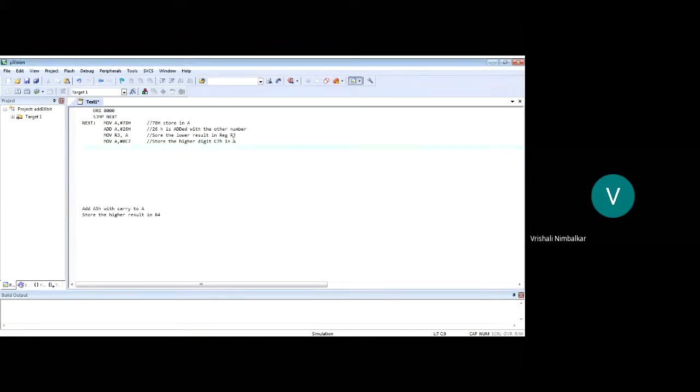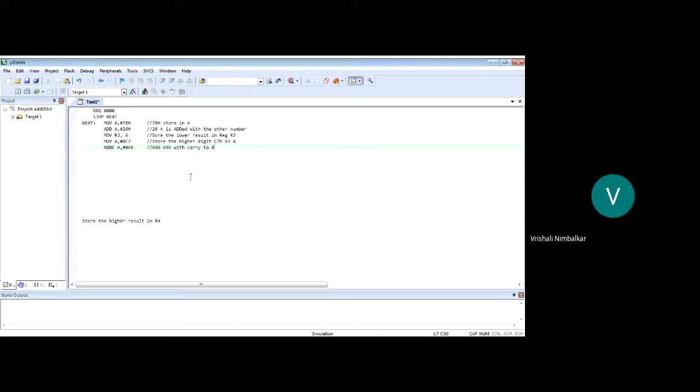Now I am going to add A5 with that C7 along with carry. The instruction is ADDC, add with carry, A, hash A5 hex. Again, A is an alphabet, so it should begin with 0A5 hex. So what did we do? We added A5 hex with carry to the accumulator.